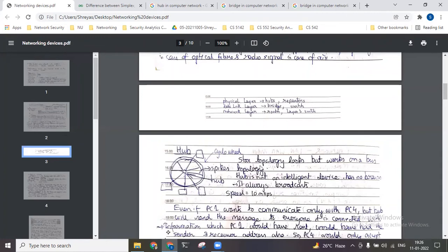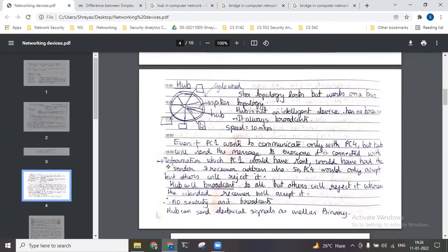The central device is the hub, and it looks like a star, but it works on the bus principle. To understand this better, we have to see how this system works. You have multiple end devices, say computers, to keep it simple. Whenever PC1 wants to communicate with PC4, how will it communicate? It will not directly communicate with PC4, it will broadcast a message on the entire network.